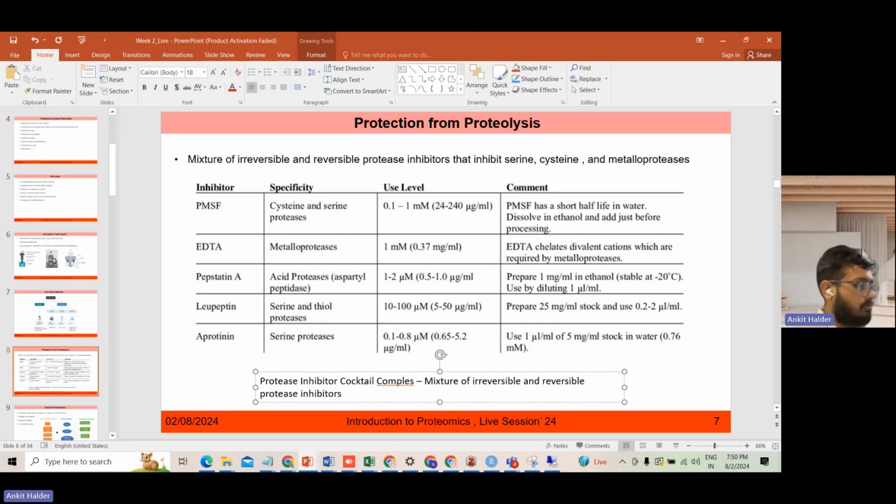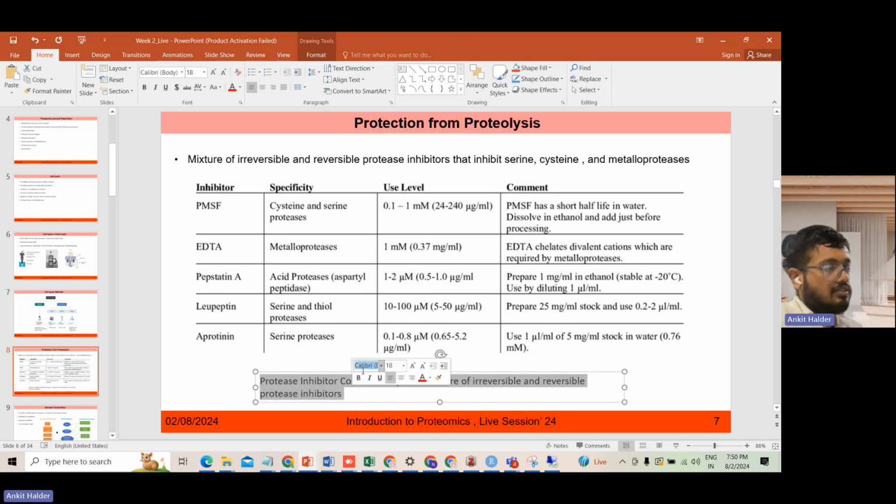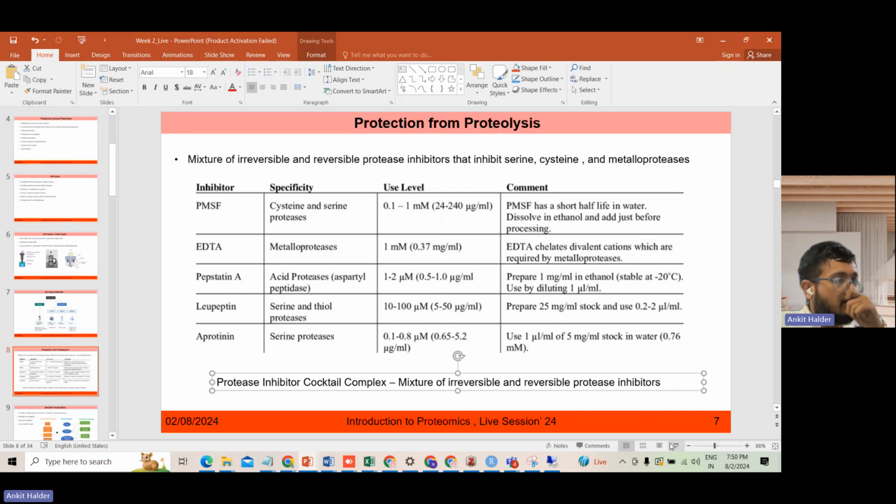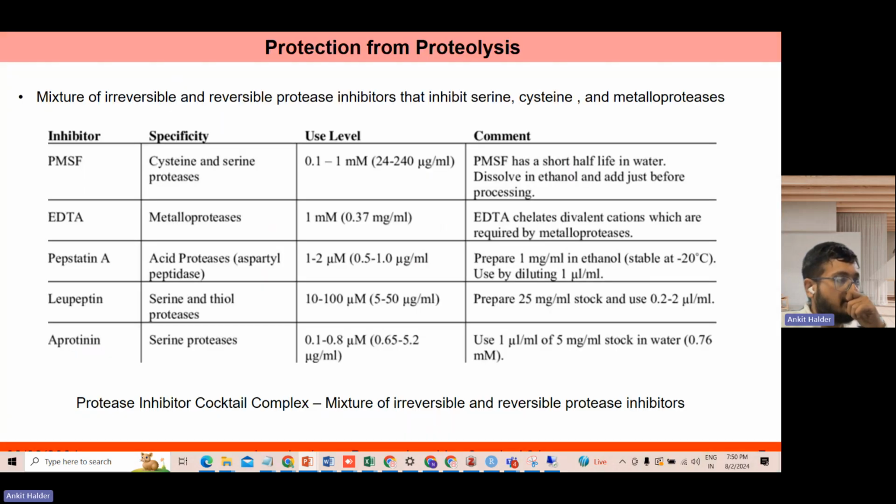This is quite important. The protease inhibitor cocktail complex contains a mixture of irreversible and reversible protease inhibitors against serine proteases, cysteine proteases, or metalloproteases,